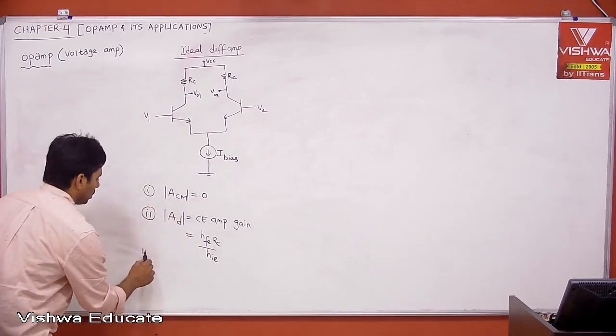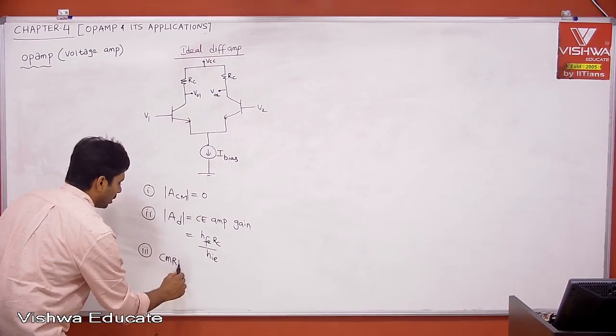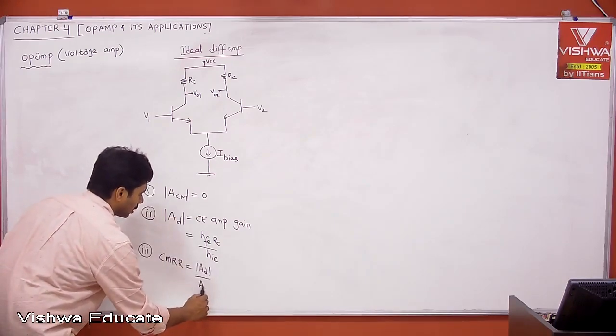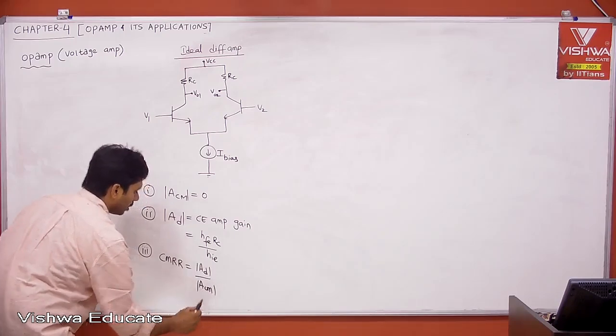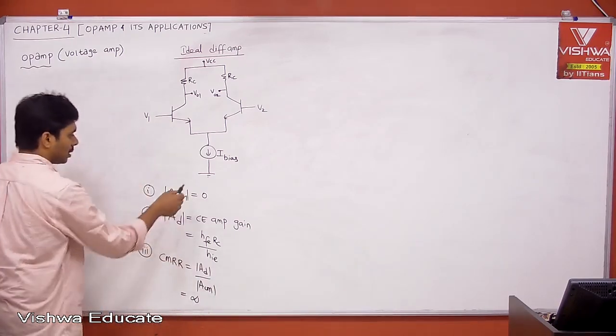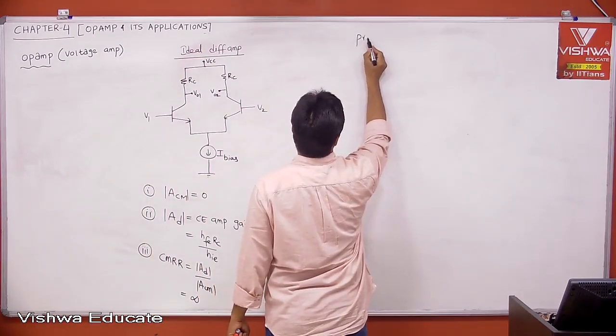Then the third one, CMRR is defined as mod AD divided by mod ACM, everything taken as magnitude, right? Then this is infinity because ACM is 0. Now if you take a practical differential amplifier,